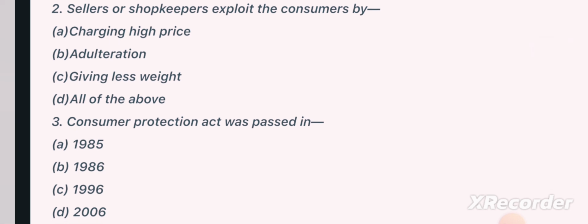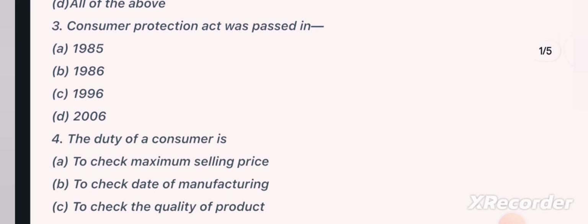2. Sellers or shopkeepers exploit the consumers by: A. Charging high price, B. Adulteration, C. Giving less weight, and D. All of the above. Third, Consumer Protection Act was passed in